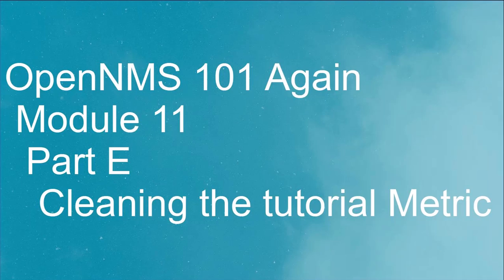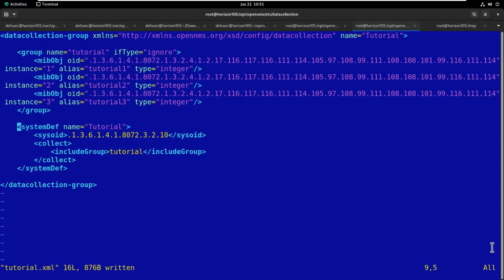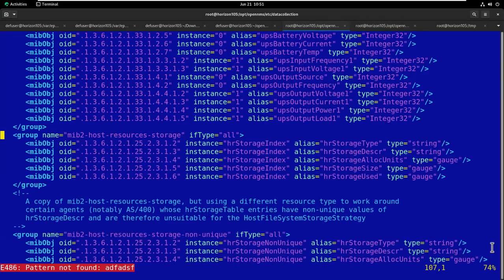The snmp extension definition in etc snmp-snmp-d.conf does not have to change, nor does the snmp extension script user local bin tutorial.collector.sh. Change the data collection and storage definition in datacollection/tutorial.xml. Use the mib2-host-resources-storage group in